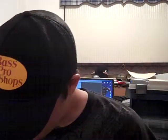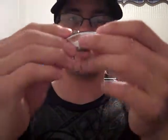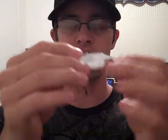These are both Cordell lipless crankbaits. One is a chrome one that I've used quite a bit, you can see by the scuff marks. And this is a craw color. I use the chrome one mainly as the flash to trigger the reaction strike. These are reaction strike baits, so I use this one to trigger the reaction strike mainly in stained water, and